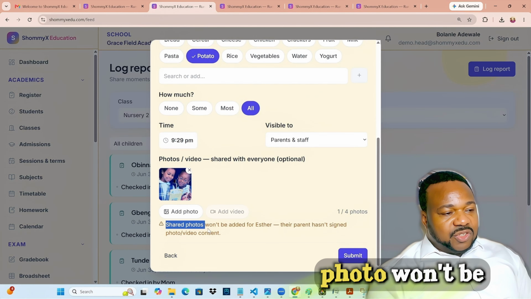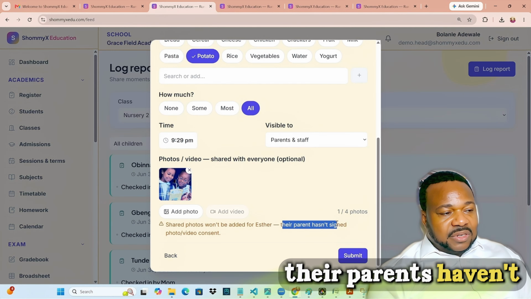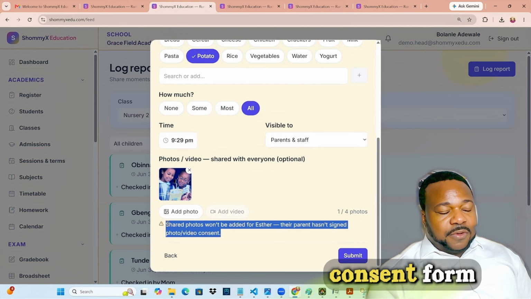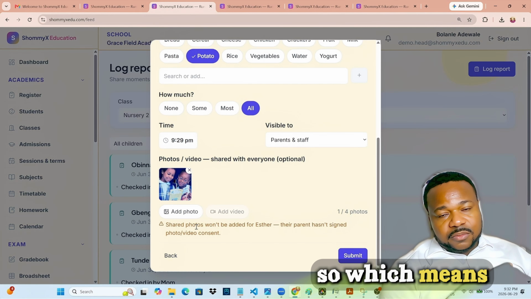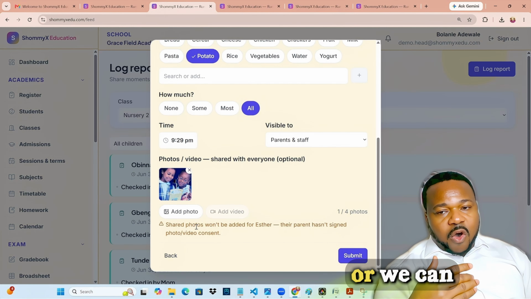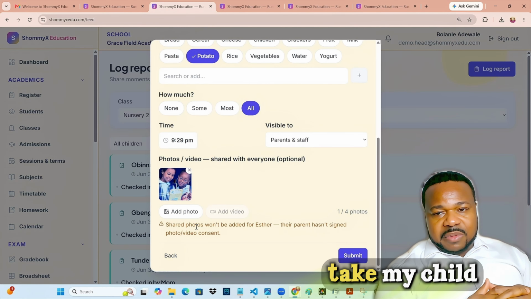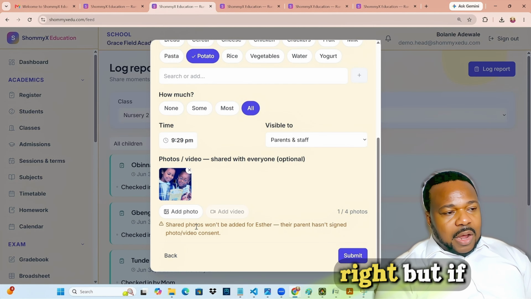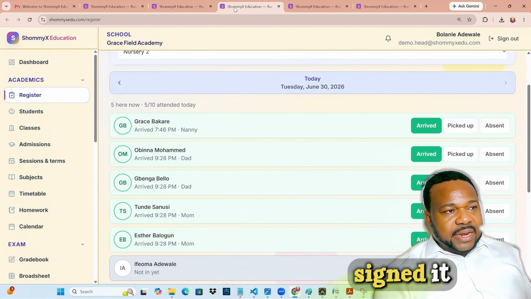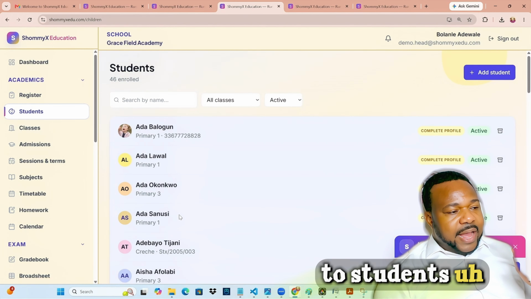It said the shared photo won't be added for Esther. Their parents haven't signed the photo and consent form. Which means the photo and consent form is very important. The parent needs to sign it, or we can sign it for the parent if the parent said, oh yeah, you're allowed to take my child's photo in the school. But if the parent hasn't signed it, or we haven't signed it for them, let's go to the student, Esther